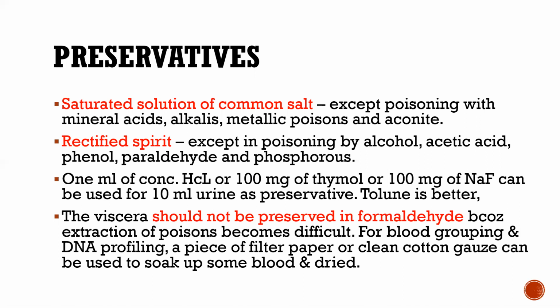In case of urine, 1 ml of concentrated hydrochloric acid or 100 milligram of thymol or 100 milligram of sodium fluoride can be used for every 10 ml of urine as preservative. Apart from this, toluene is the better preservative for preserving urine. Formaldehyde is contraindicated as a preservative, because if the viscera are preserved in formaldehyde, extraction of poisons will become difficult